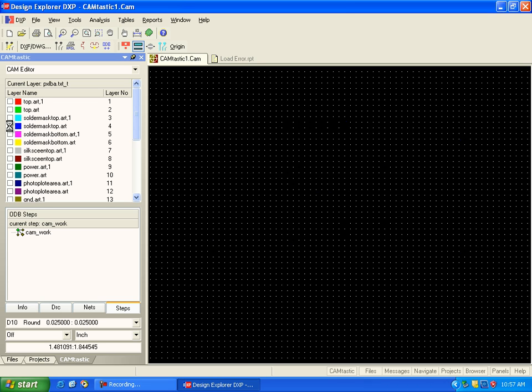This will show you, layer-wise, the files that go into the Gerber files which are going to the manufacturer and how they are going to see it. Your top layer, your bottom layer, your solder mask at the top, solder mask at the bottom,